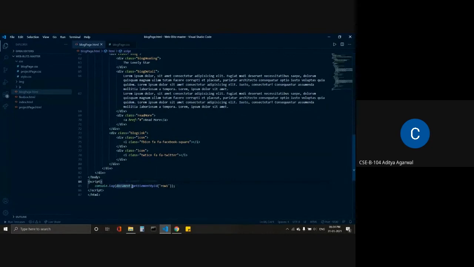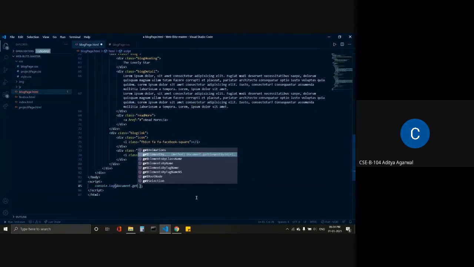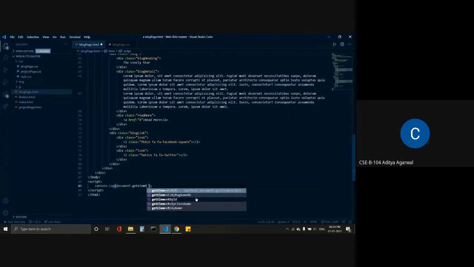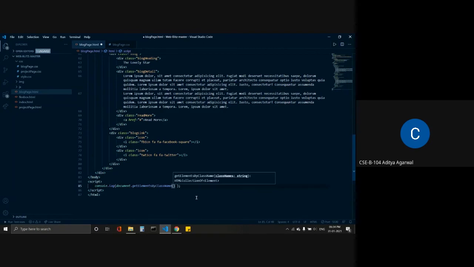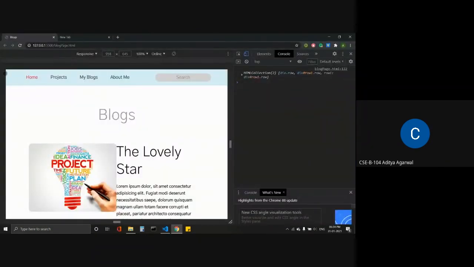We can also select elements via class. We can do that by getElementsByClassName. So if I write row, see, there were two elements in the HTML document whose class was row.